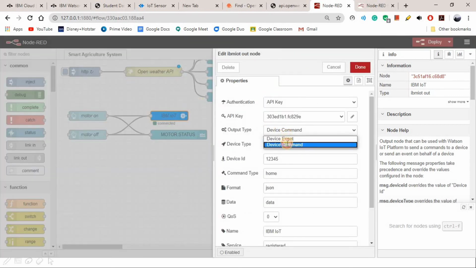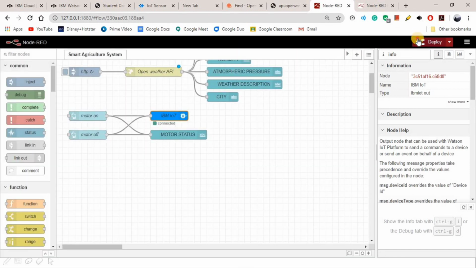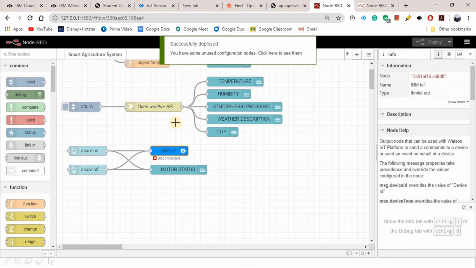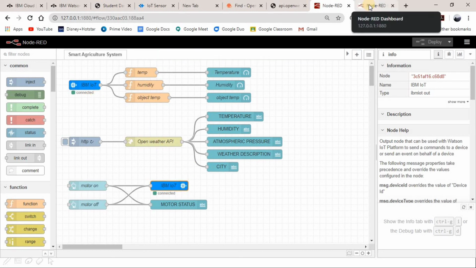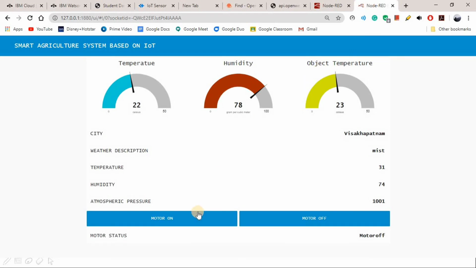In this, we select device command and the second device, the second device of IBM Cloud that I created previously, and the format was JSON, and click on done, deploy. The 2 devices were connected. IBM IoT in node and IBM IoT out node were connected to the Node-RED.